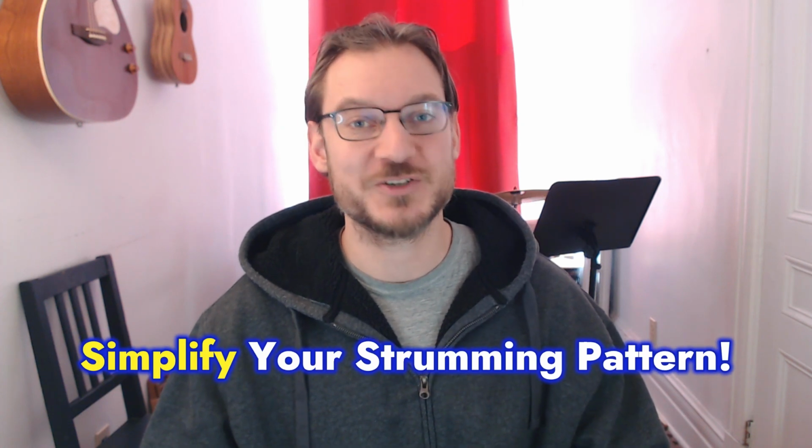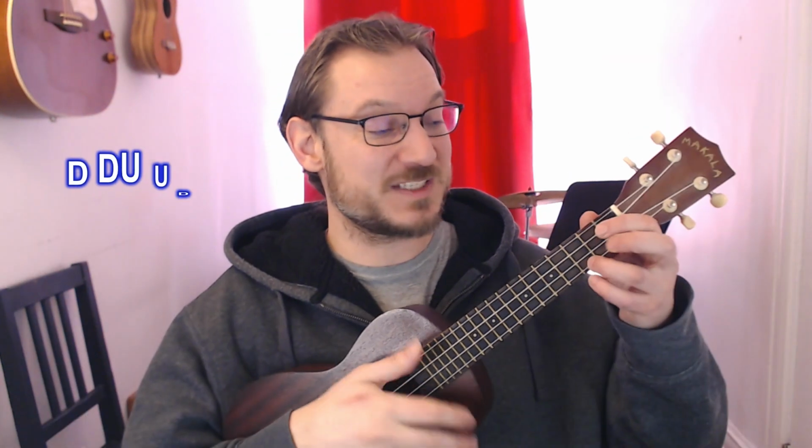We're at tip number 8. If you're having trouble strumming and singing at the same time, simplify your strumming pattern. Maybe do just the first 2 or 3 strums of the pattern, or even just one down to make it nice and simple. So if you're, instead of going,